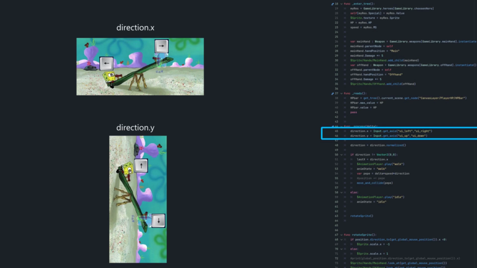And if the direction is not 0, it means it's moving. If one of the 4 keys is pressed, the player will move.